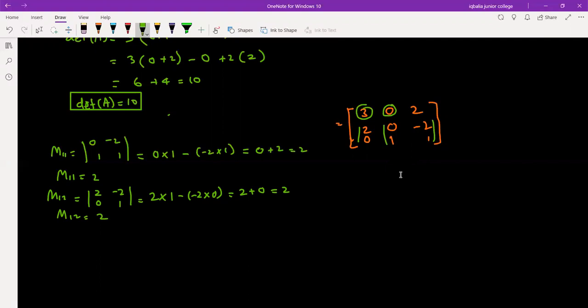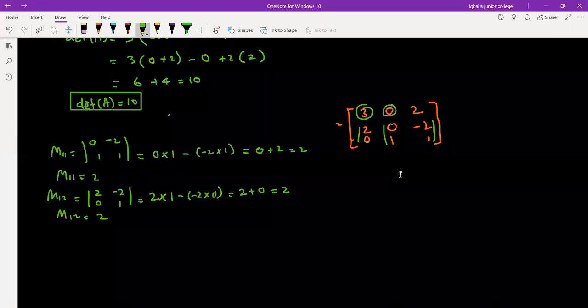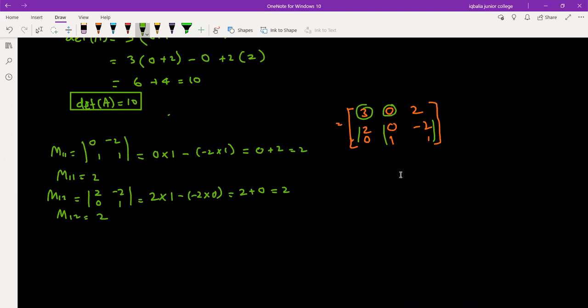Girls, are you getting what I am doing here? Yes, sir. I am finding minors. Okay, so do yourself, find all 9 minors and let me know the answer. And at the same time, I am doing the same thing. Okay, so here the